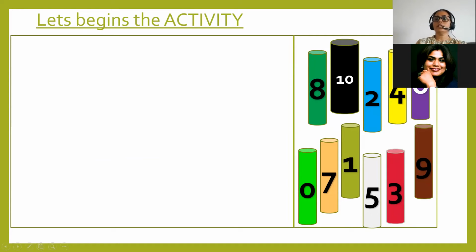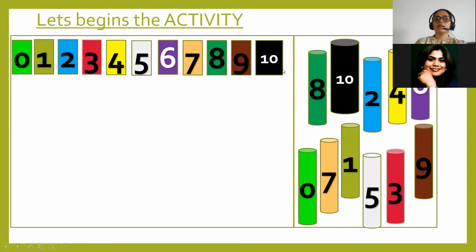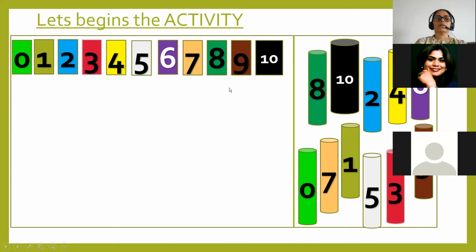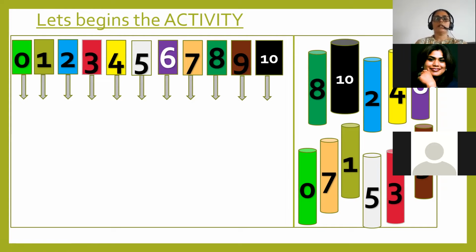I have kept the bars on the right side over here, and this is in a jumbled format. They are very randomly placed. There's no order on the right side of the screen. Now, these are your cards on the top left side, which I have arranged. I hope everybody can see this. Now, I've put arrows below them. So I will randomly call out the numbers, and one of you can come ahead, give the answer and tell me which rod color we need to pick up, and I will pick it up and place it in that particular order.